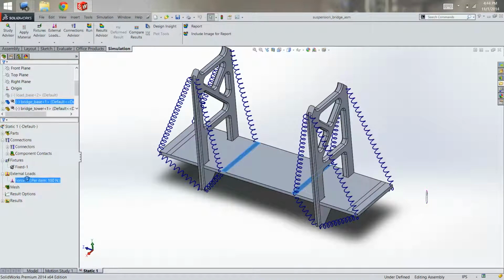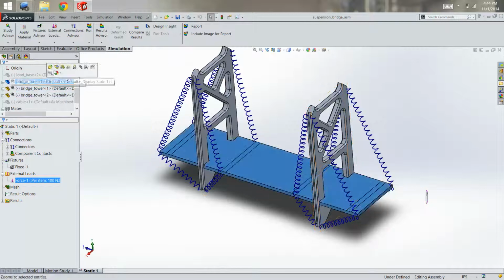And so when you guys were doing your simulations, a lot of you were actually applying your loads and your fixed geometry to just lines. And that is, in my impression, much more computationally intense and requires a lot more memory, because there's more degrees of freedom associated with a line than a face. So the way to fix that is to just make a rectangular split line